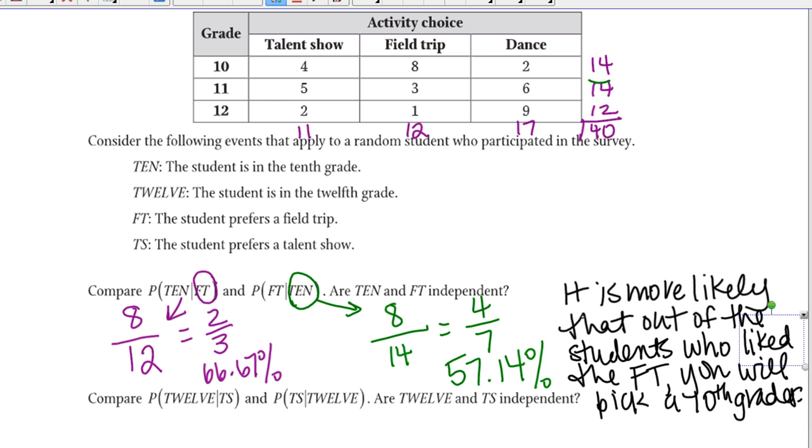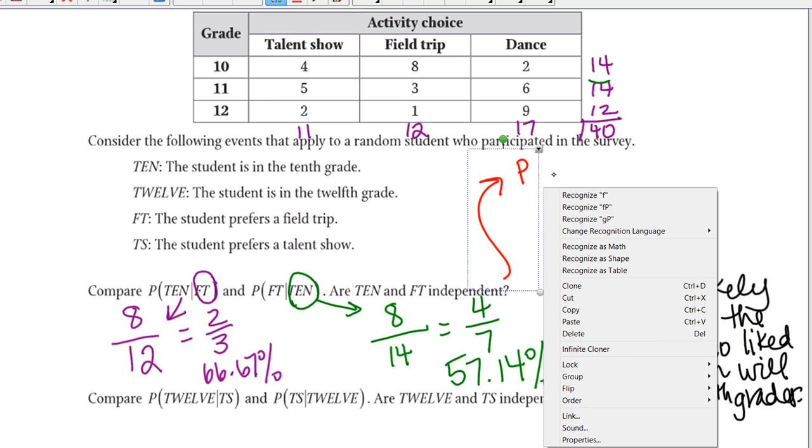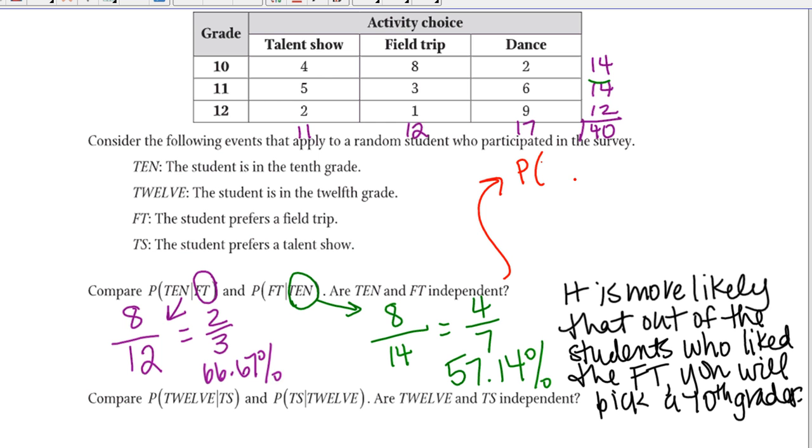Okay, remember your wording you have to be really careful with here. Now, the last question they're asking: are they independent? So we're just going to go back to our independence formula. The probability of a 10th grader and the field trip equals the probability of a 10th grader times the probability of the field trip. Well, the probability of a 10th grader and the field trip,